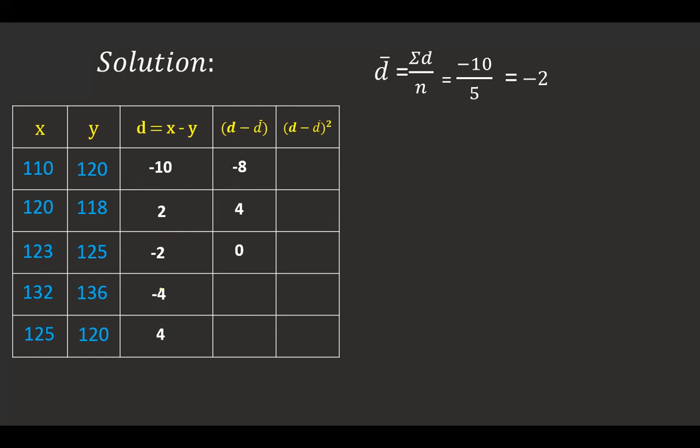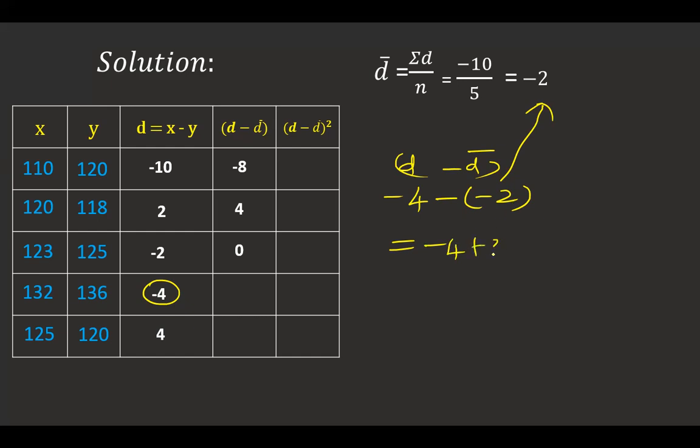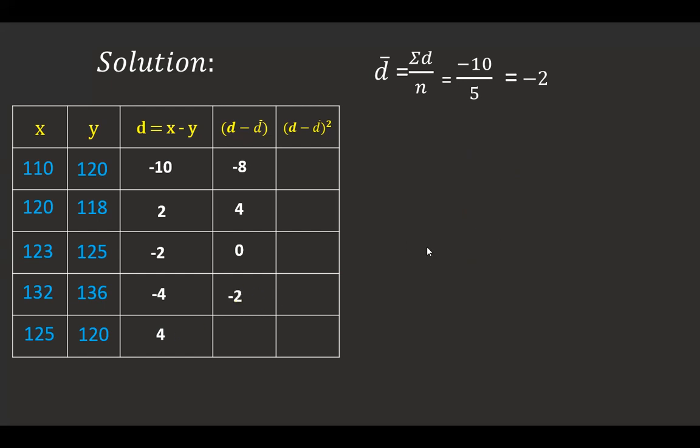Okay, 0. Now for this minus 4, I'm calculating minus 4, minus of minus 2. Where from is this minus 2 coming? From here. Okay, now what is this? This is D. What is this? This is D bar. You have to be careful while doing this. Minus 4 as it is, minus into minus plus 2, which gives you minus 2 as my answer here. I'm going to write it here, minus 2. Similarly, I'm doing it for 4. This 4, I'm going to do it. 4 minus of minus 2, which gives you 4 minus into minus plus 2. That will give you 6 here. So now after writing this, I'm going to square this and write it.